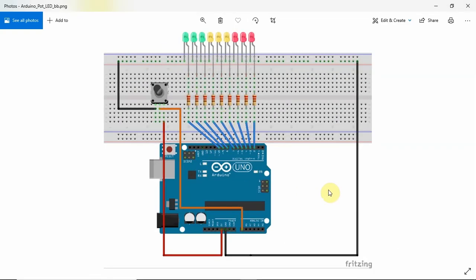Let's discuss how we're going to wire up our circuit so that we can achieve that functionality. Here is the wiring diagram on how we are going to create the circuit. I have here my Arduino Uno, my LEDs, my 220 ohm current limiting resistors, and a potentiometer. The LEDs are connected through the digital pins from 2 up to 10, while the potentiometer is connected to the